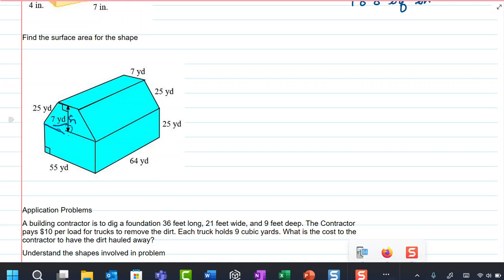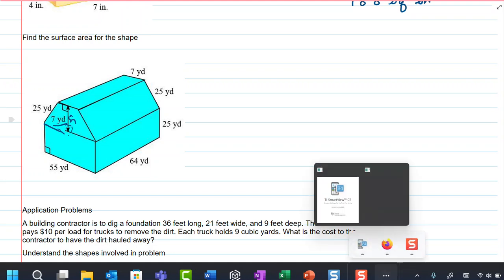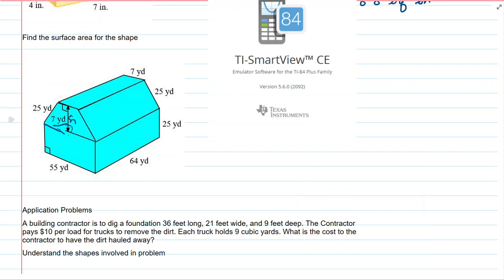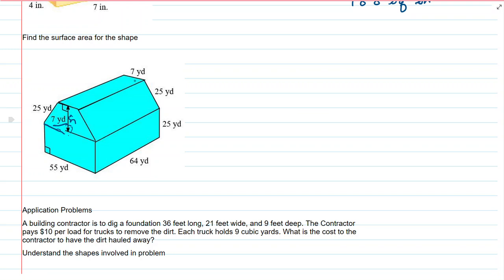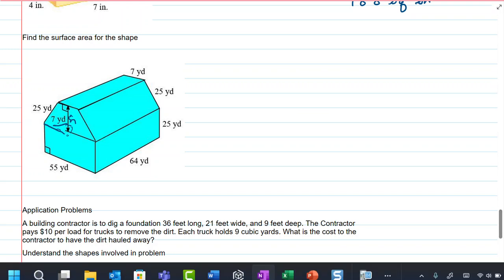All right, so let's see what we can put together. And they want us to find surface area. So our surface area is going to be two trapezoids plus, because these are all area, two trapezoids plus two sides plus these sides here. This is a rectangle